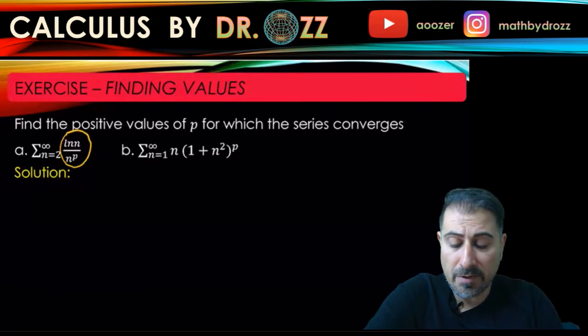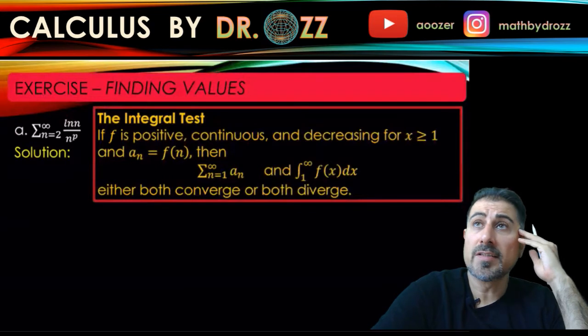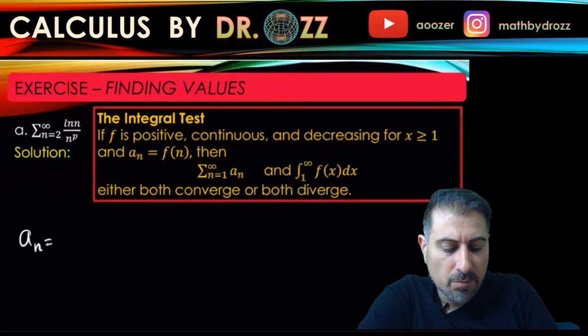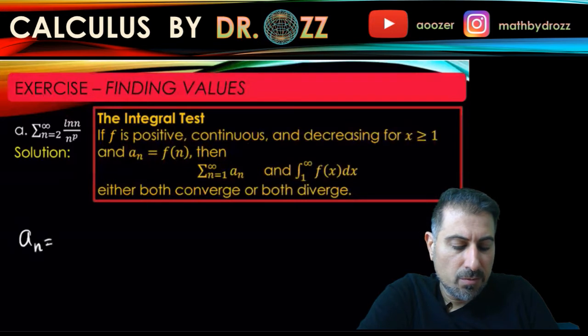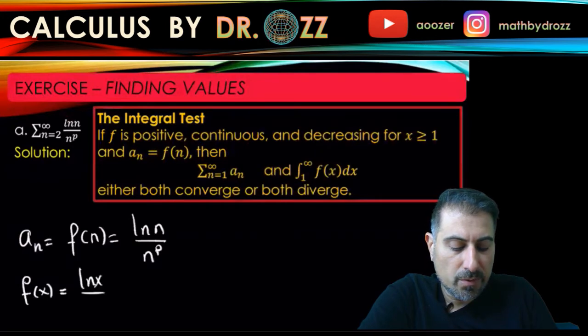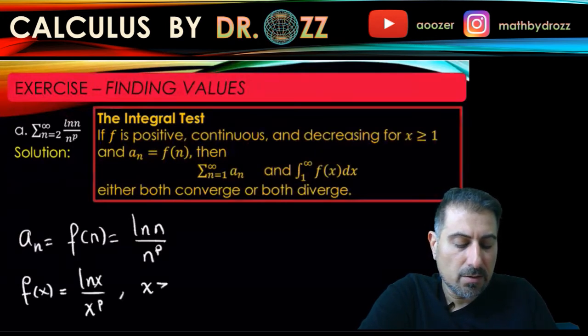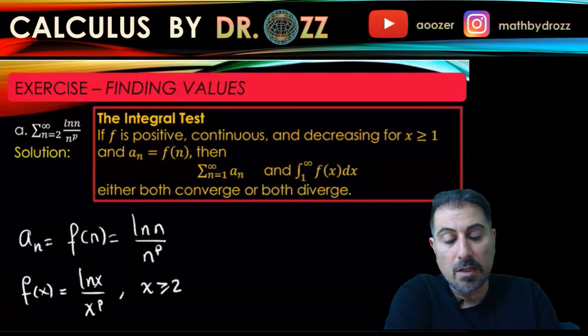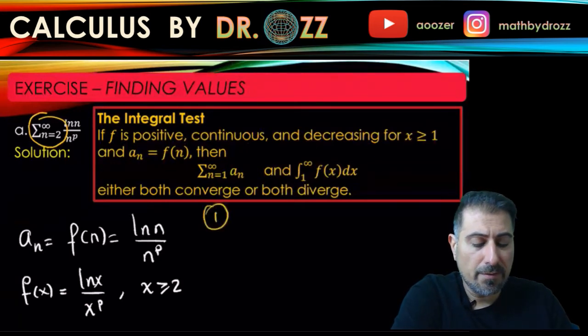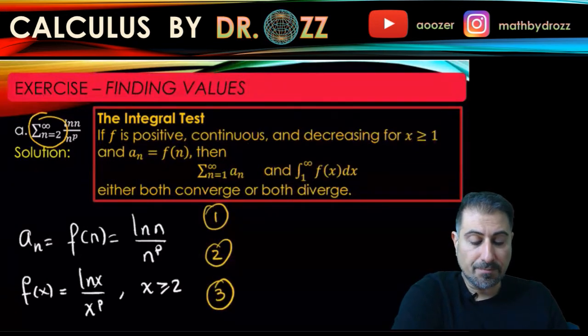using the integral test? But I want to make sure that the integral test is applicable for this infinite series. So I'm going to write down a_n equals f(n), which is ln n over n to the p, and then f(x) is ln x over x to the p, where x is greater than or equal to 2 because the sum starts from 2. So I have three conditions to check: f being positive, f being continuous, f being decreasing. Okay, so let's check. For x greater than or equal to 2,